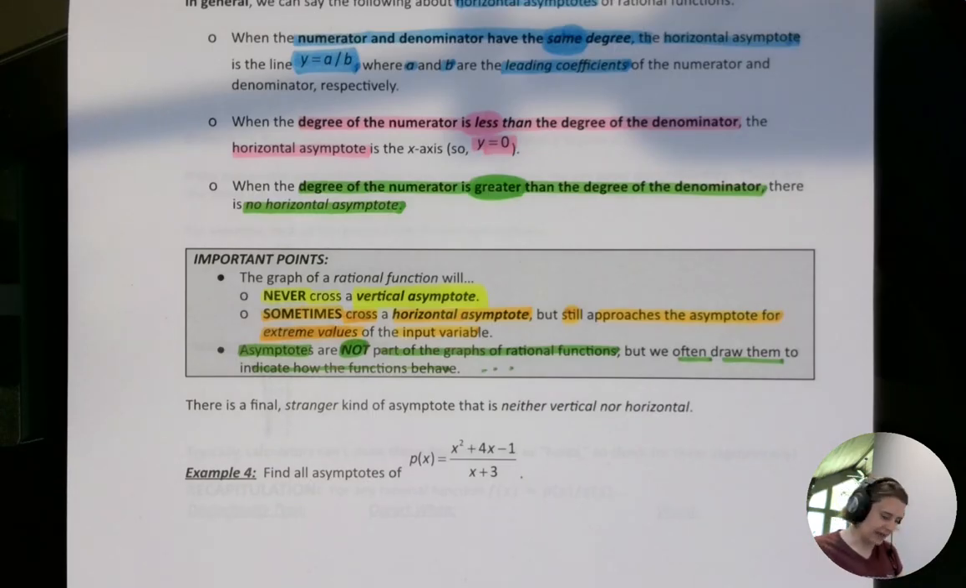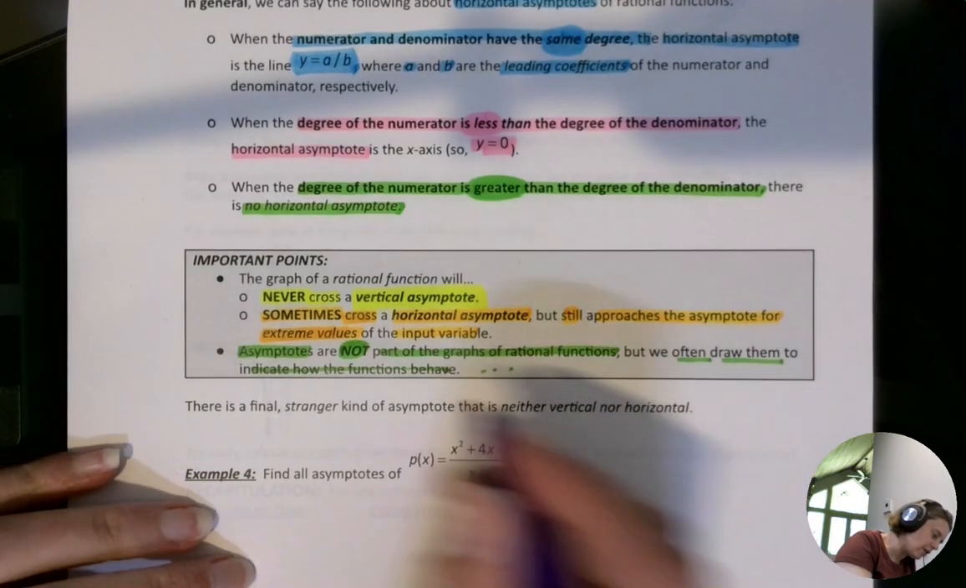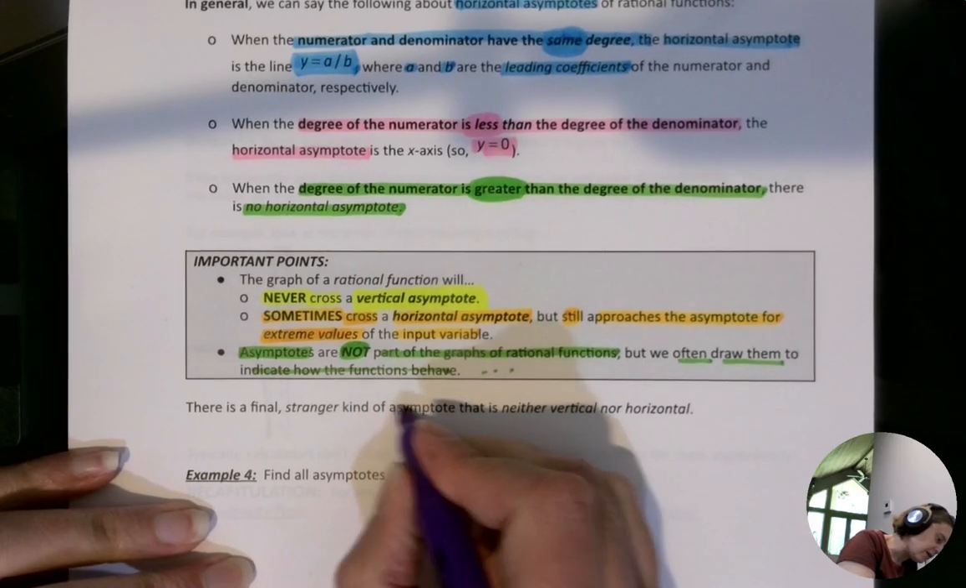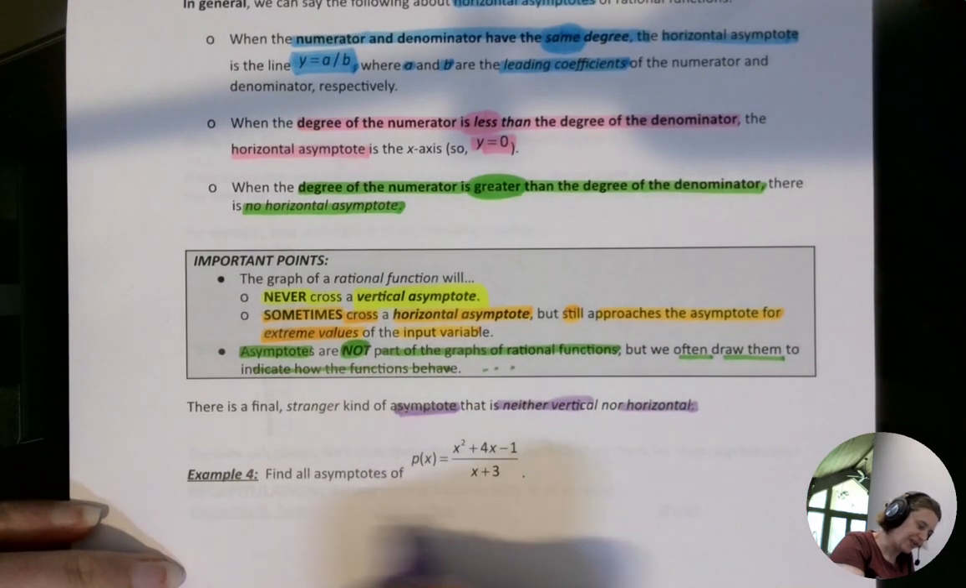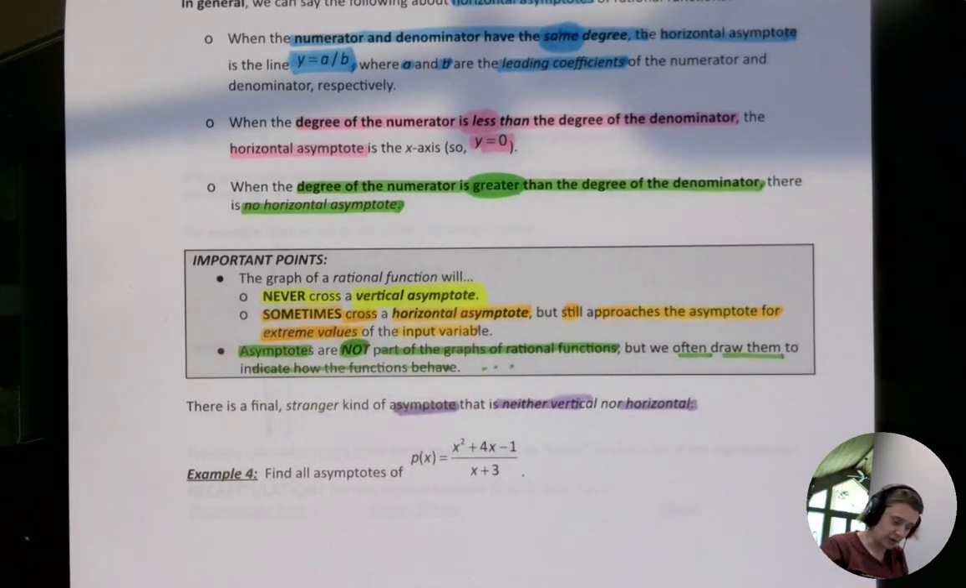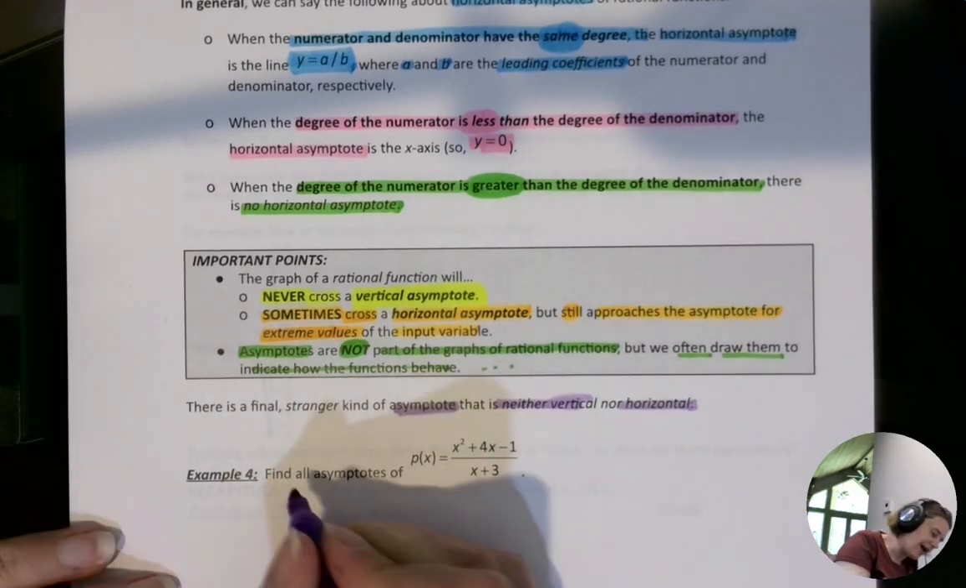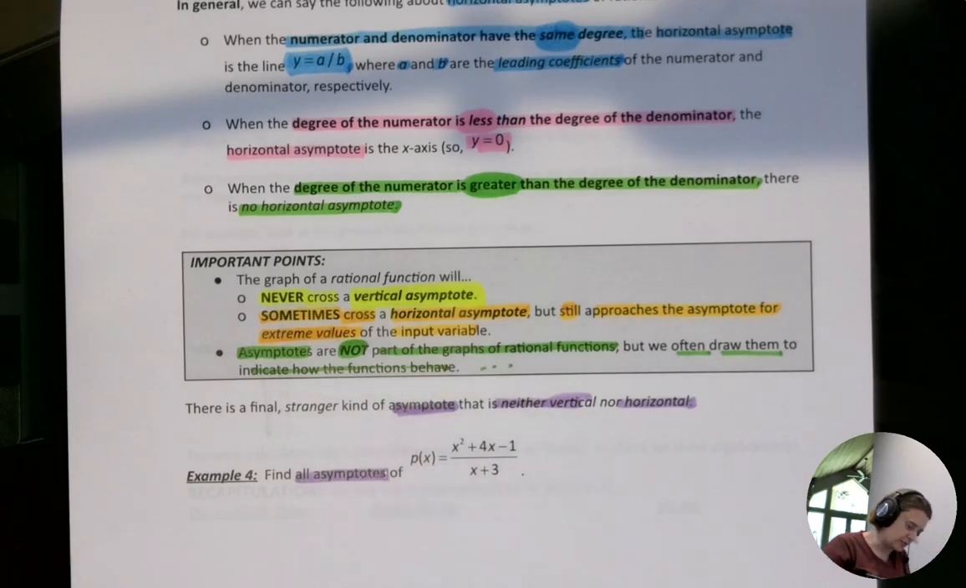Okay, finally, there is a stranger kind of asymptote that is neither vertical nor horizontal. So we're going to look at the asymptote of this equation right here. And we are asked to find all asymptotes. So we're going to start with the asymptotes that we do know. And that means I'm going to start with the